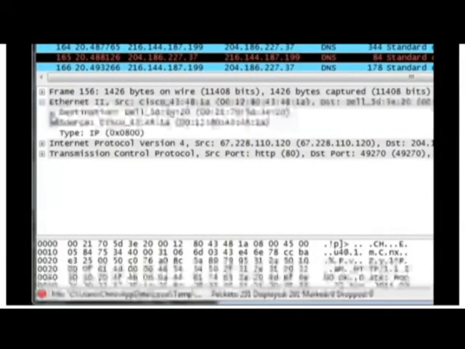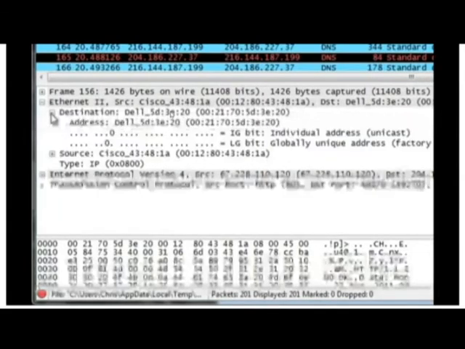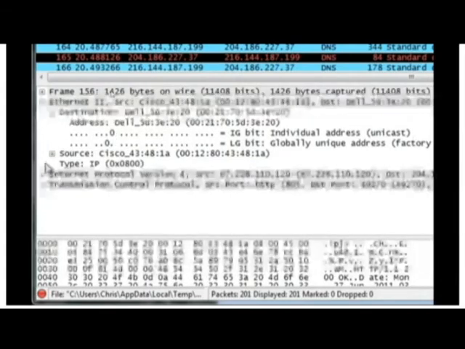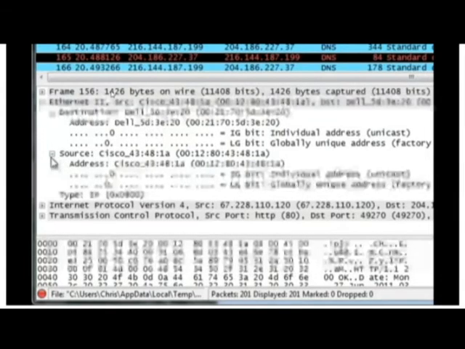Then you go into Ethernet 2, and what this information is going to give you is the destination. In this case this packet was being sent to my computer, so this is going to give you my MAC address and my IP address, and what type of version it was sent over. In this case it was unicast, so it was only sent to me. And then you're also going to see the source, and this is the terminal that it came from. Not necessarily a computer, but it could also be a router or a server and so forth. And that's all contained in the Ethernet.